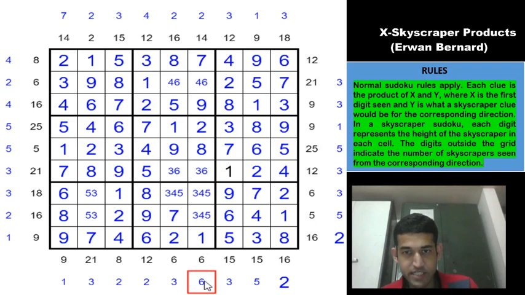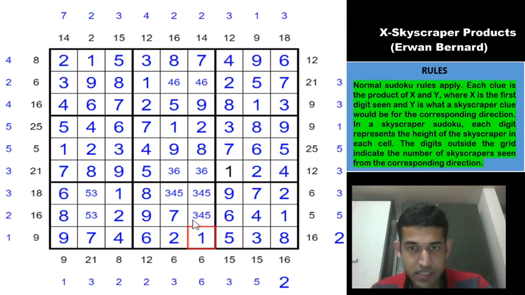Okay, you need to see 6 buildings from this direction, right? So you need to see all these buildings, right? So 1 2 3 4 5 and 6. So all of these 3 buildings must be in strictly increasing order, right? So that you satisfy the 6th clue. 1 2 3 4 5 and 6. So which means that this cannot be a 3, it has to be a 6, because it has to be greater than these two. So this is 3 4 and this is 4 5,